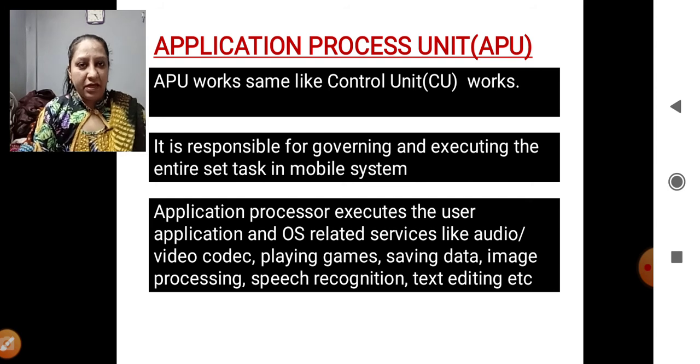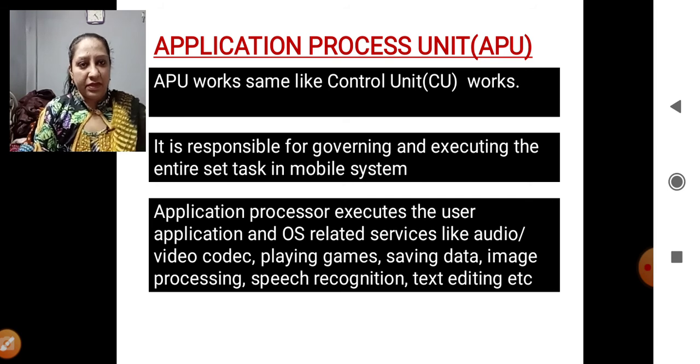We have already learned in our computer syllabus that applications are of two types: system applications and user applications. Few applications are meant for the mobile itself to run and few are installed by the user for their own usage. The application processing unit makes sure it performs the functioning of both, so that both kinds of applications function smoothly.